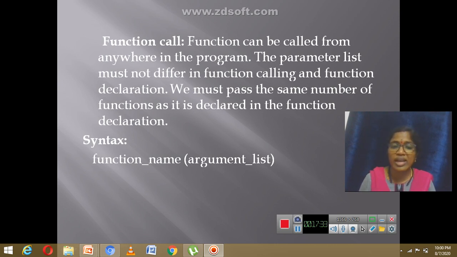The syntax for this is just the function name followed by the argument list. Argument list is nothing but parameters; either term can be used. This is also ended with a semicolon, depending on where we use this. Hope it is clear to you.